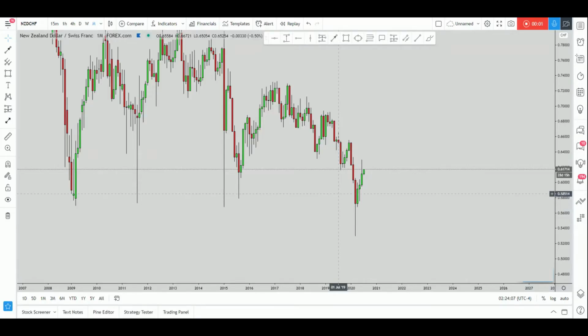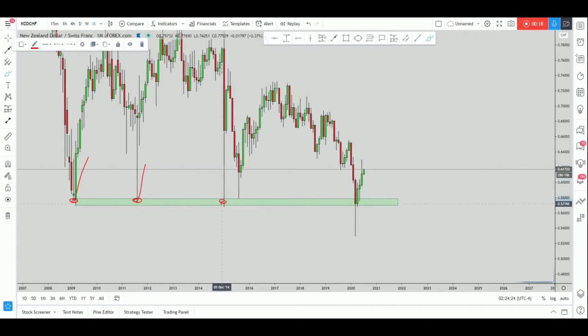Okay, so what kind of situation is currently NZD CHF giving? Now, on the monthly time frame, what we can see is that clearly the market has been rejecting a very important monthly support area. It was very strong support here, again supported this area, again support here, again support here, and currently the market is rejecting this area again to the upside, basically creating the retracement of this huge move